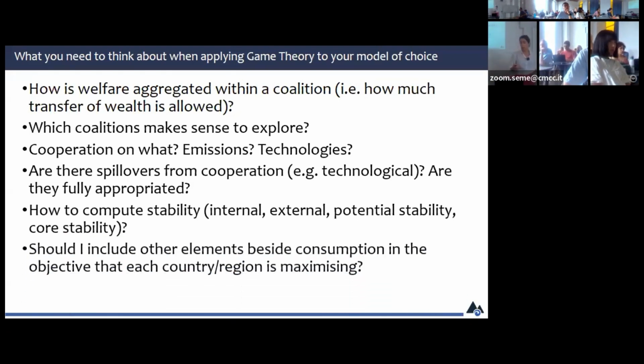Should I include other elements besides consumption in the objective that each country region is maximizing? What is the payoff? Is the payoff only my happiness, my welfare, or is the payoff a very complicated nonlinear payoff where there is also the other country's happiness? Good luck with solving that, but